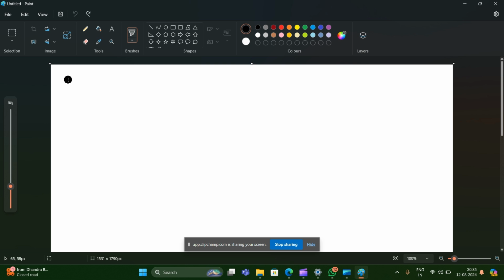Suppose in the previous it was like this or this. And if you don't want it vertically, if you want it in the horizontal form, the first label would be there and the second label would be with it. In this way you can add multiple labels in this form. This is the orientation, the horizontal orientation.